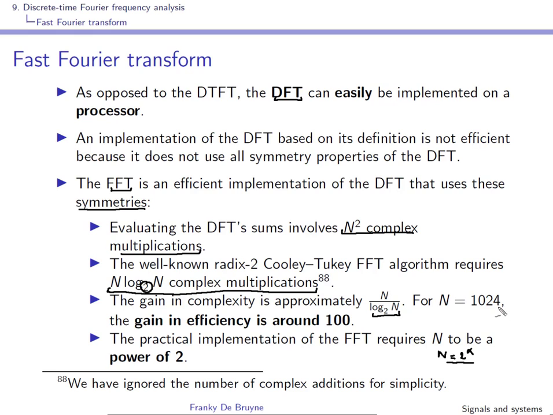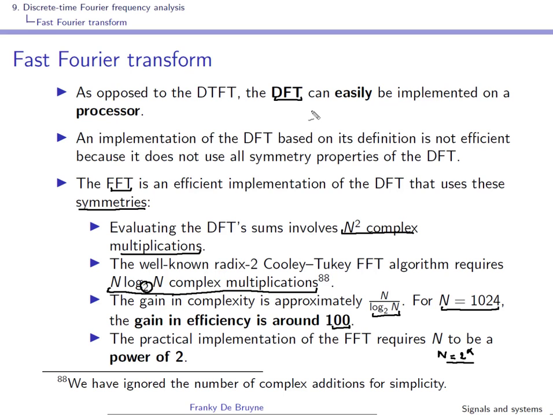If we take a value of n is 1024, which is not a number of data points that is very high, in applications you go much higher than 1024. Well, for this n equal to 1024, you see that the gain in efficiency in using the fast Fourier transform is already around 100. So this is why in practice it's always the fast Fourier transform algorithm that is used to efficiently implement the